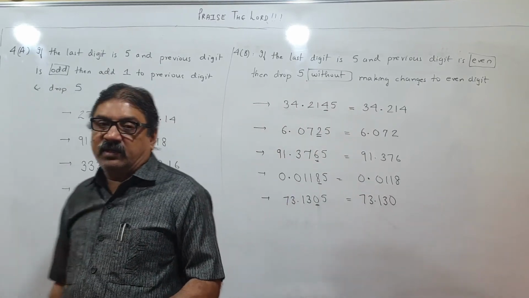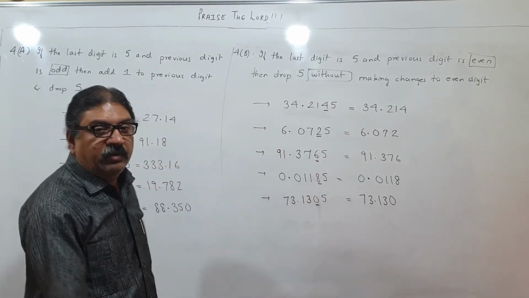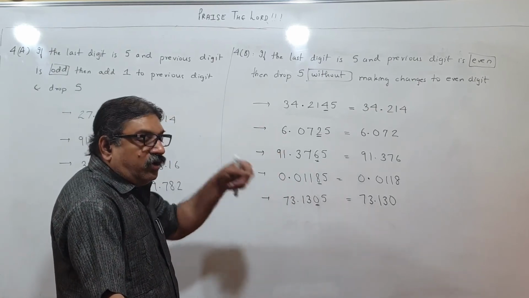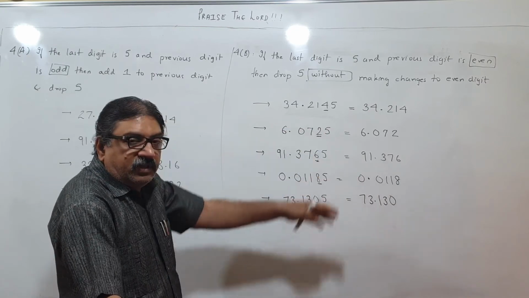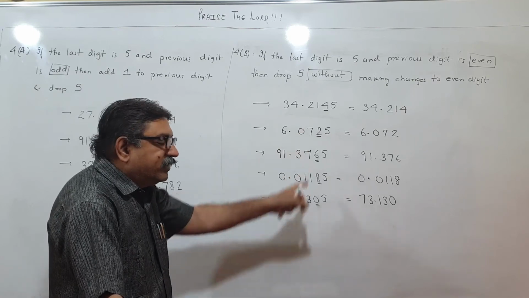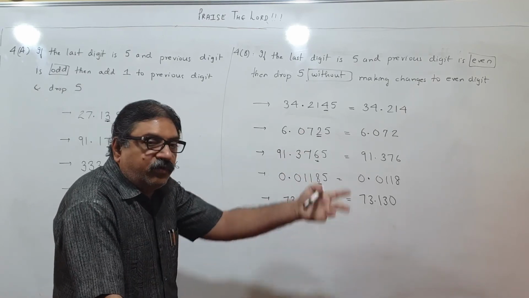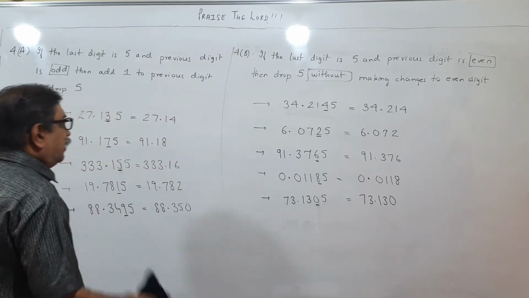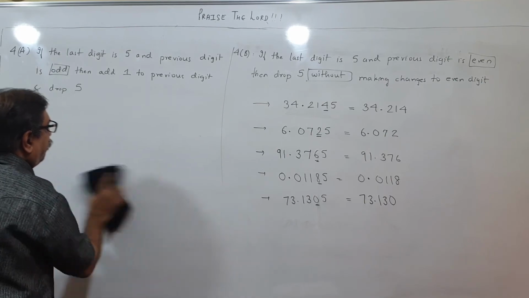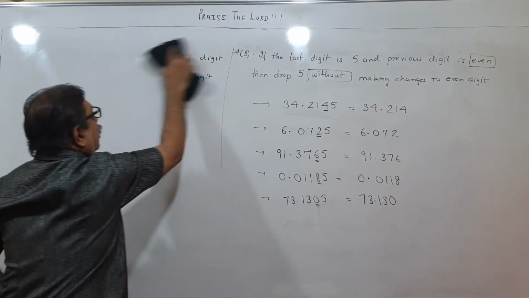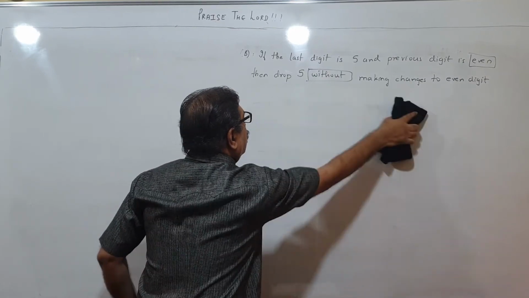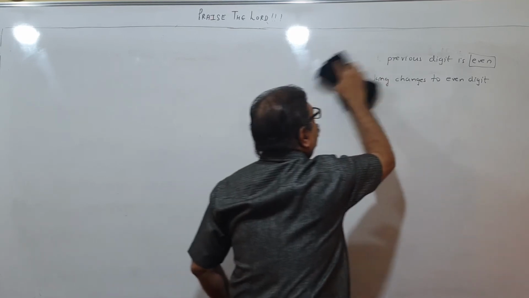Now children, there is a rider in this rule, please listen carefully. You know that the last digit that was to be rounded off was 5, and after the 5 there were no more digits. What happens when you want to round off the digit 5 and there are some digits following it? Please see, I am running out of time on this, please pause and copy. Now listen to the rule carefully.